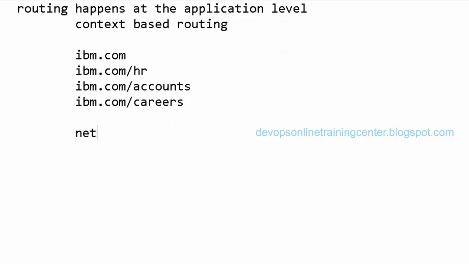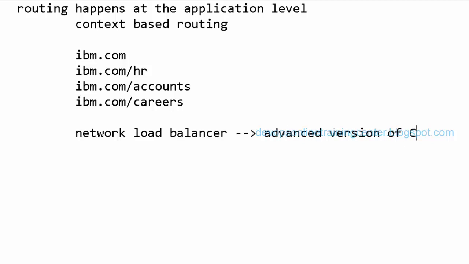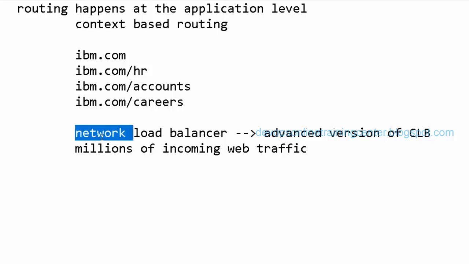The network load balancer was introduced recently. It is like the classic load balancer, but an advanced version. It is much better because it can handle millions of incoming web requests effectively. It was introduced a couple of weeks ago, I think, so I'm yet to explore it.